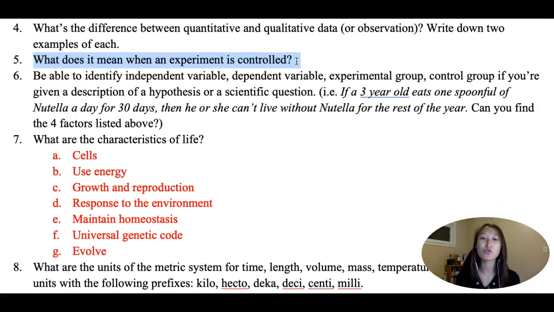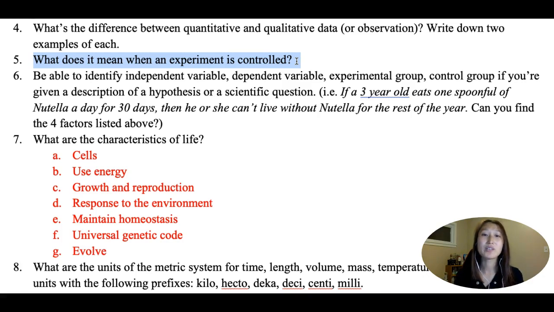So when we say a controlled experiment, that means we have something to compare your experiment to. For example, if we were to do an experiment on how tall plants grow based on how much sunlight they get, your hypothesis could be if the plant is grown with more sunlight, then the plant will grow taller. So you need to set up several groups of the experiment with different amounts of light with the same plant,